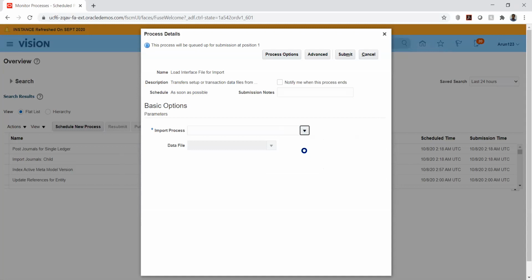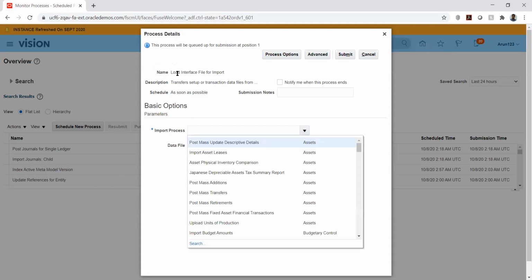Load Interface File for Import is a common program that you use, and then when you come here, the import process is specific to these journals, right? Yes, correct. The program called Load Interface File for Import means I can load any file. But the import process is specific. The load interface file is for the UCM part.